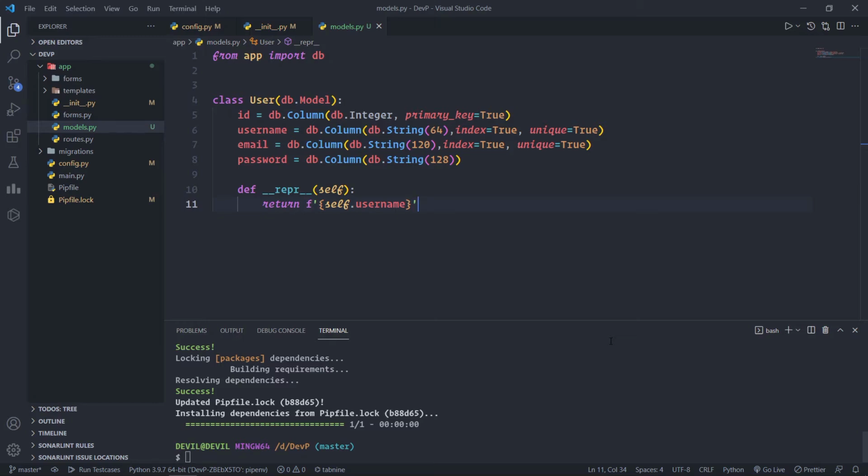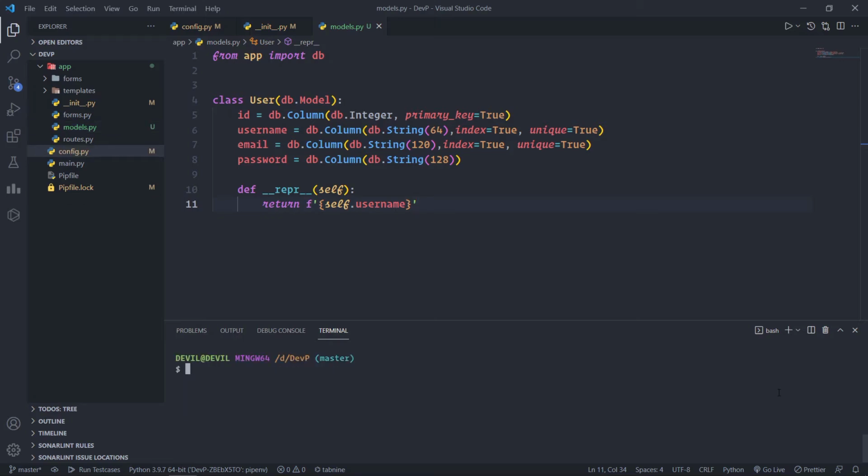To apply these migrations to the database, these migration scripts are executed in the sequence they were created. Flask Migrate exposes its command through the flask command. We have already seen flask run, right, which is a subcommand native to Flask. The flask db subcommand is added by Flask Migrate to manage everything related to database migrations.